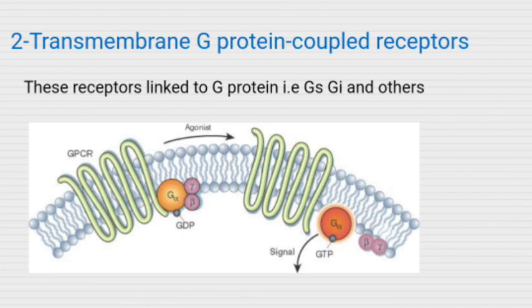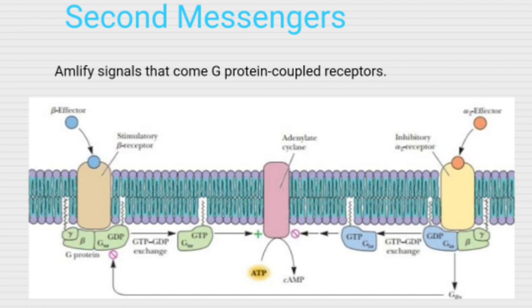Now we move towards the second messenger. These are essential in conducting and amplifying signals coming from the G protein coupled receptors. A common pathway turned on by Gs and the other types of G protein is the activation of adenylyl cyclase by the alpha GTP subunit, which results in the production of cyclic adenosine monophosphate, a second messenger that regulates protein